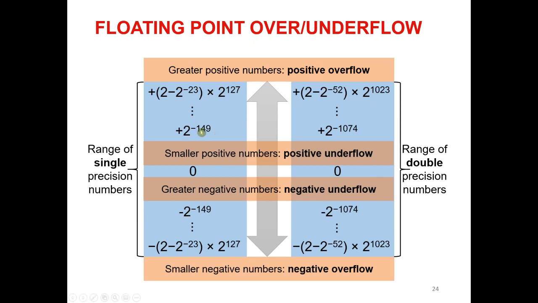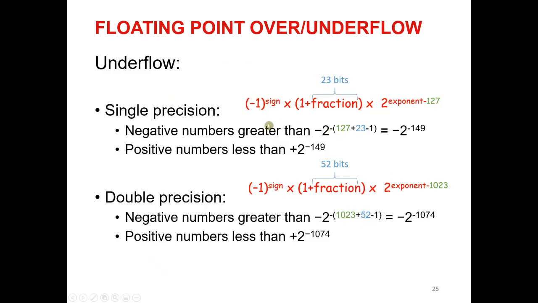So these numbers here, 149 and 1074, are calculated in the following way. For single precision, we just do this operation here. We have the 23 bits of the fraction, plus the 127 elements I can represent with the 8 bits of the exponent, and by doing this operation, I get this number. Okay. Similarly, I can do the same operation for double precision, and with this, you get the values for the underflow ranges. Make sense?